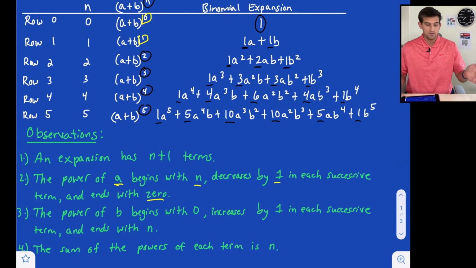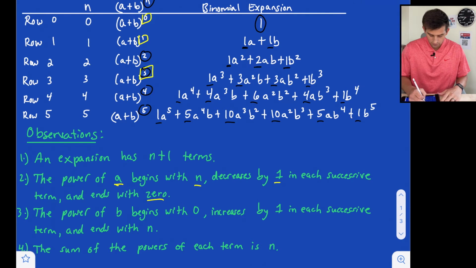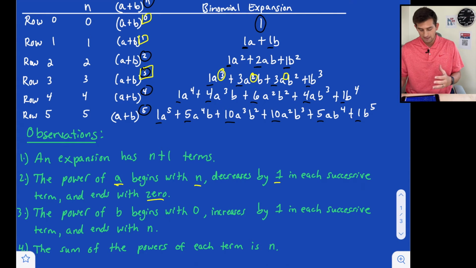So essentially our first term will have an a in it, and the exponent will be this same degree that our binomial had, and then our last term will not have an a. Okay, so let's take, for example, row 3 here. Notice how we start with a cubed, then we're decreasing by 1. So a squared, a to the first power, and then we do not have an a term in our last